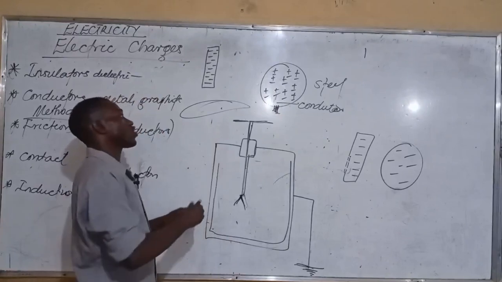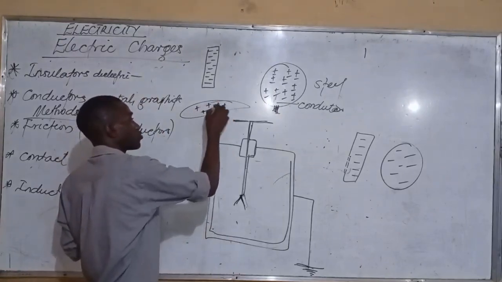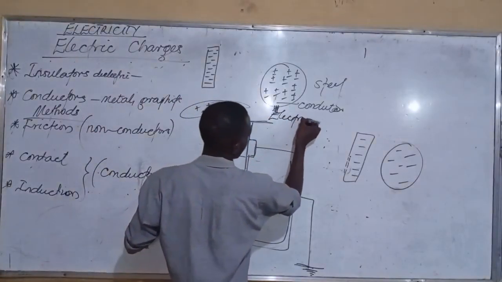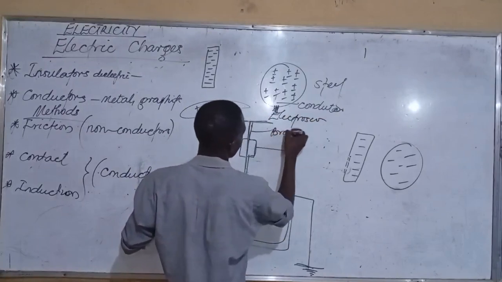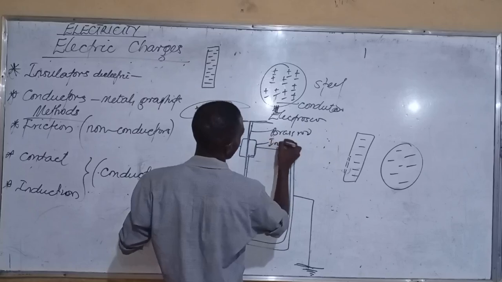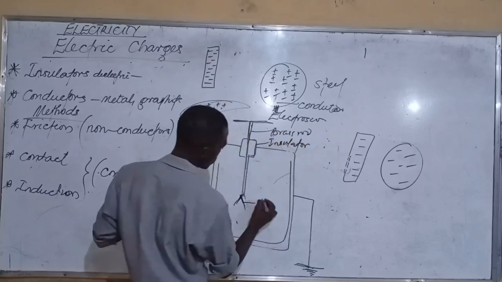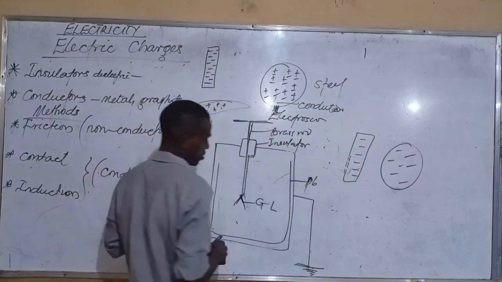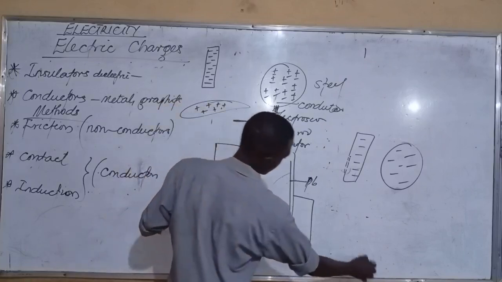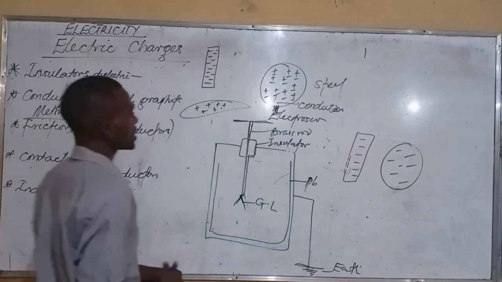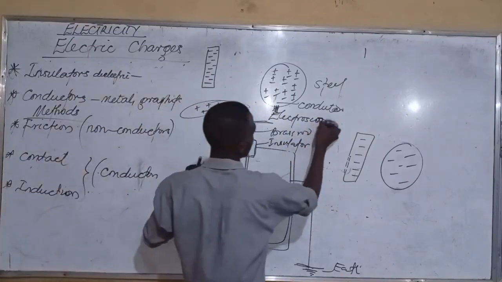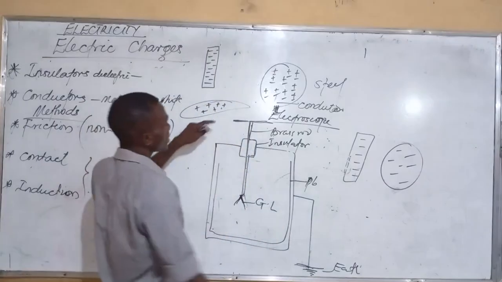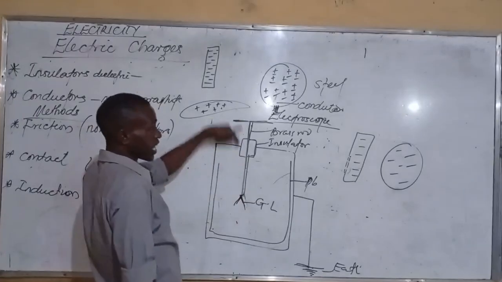Now, if you bring a positively charged body, and you want to know the kind of charge on it, you bring it close to that electroscope. Keep in mind that this is an electroscope. I call this the brass rod, the insulator, the gold leaf itself. There is a lead cover, and this is earth. So you bring a charged body here, and it touches this. Remember, we have charged this